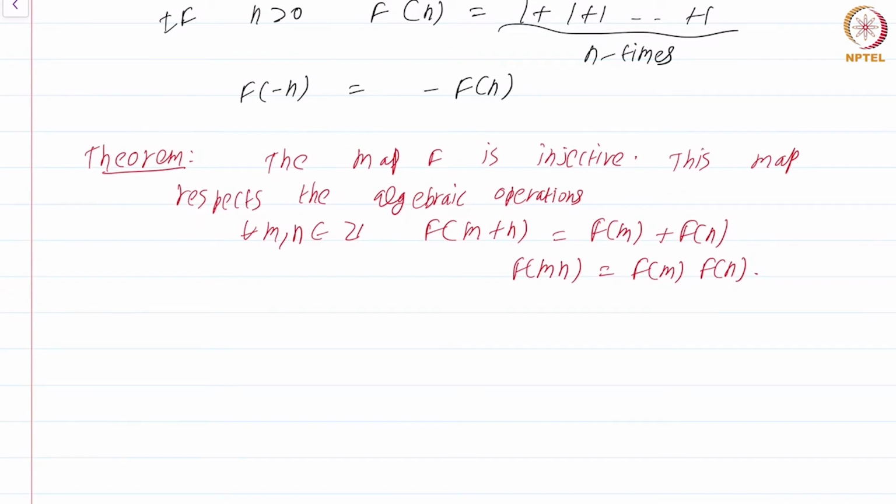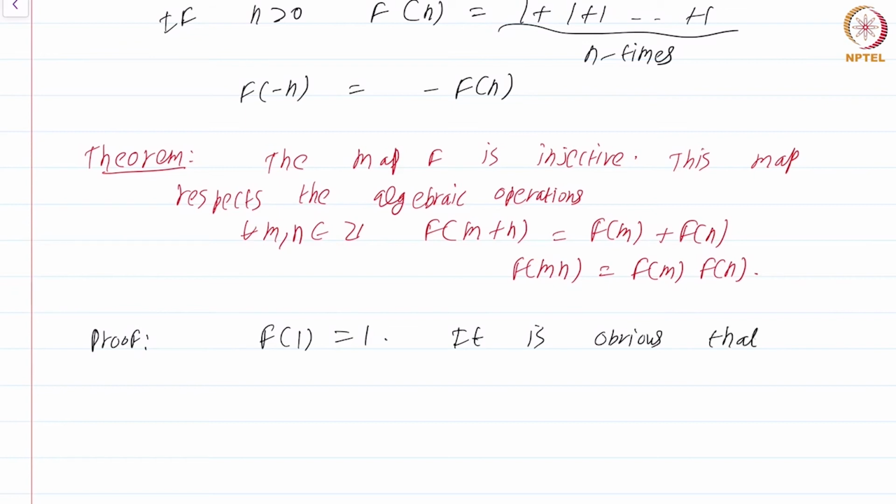Okay, so proof. The proof is a bit tricky. So what we will do is we will first prove the second part, that the map f respects the algebraic operations. First of all, note that f of 1 is 1. So because f of 1 is 1, it is obvious